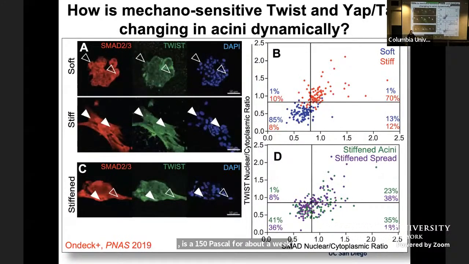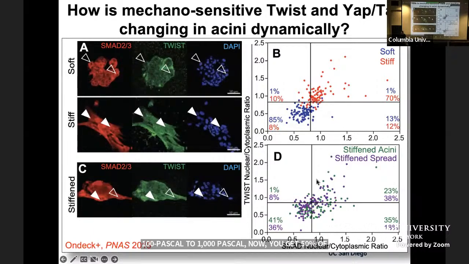But if we do the following experiment and we say, let's take these cells, let's put them into a non-dynamic system, we see very nice separation between our stiff microenvironment where the cells are responsive and the soft microenvironment where they're not. So we're looking on the y-axis here at the nuclear to cytoplasmic ratio and on the x-axis too, for two different signaling pathways that are indicative of cancer development. And so the soft microenvironment, everything is relatively cytoplasmic,